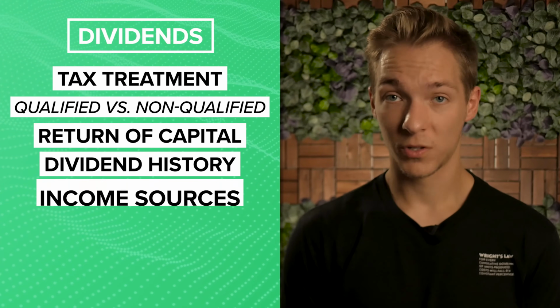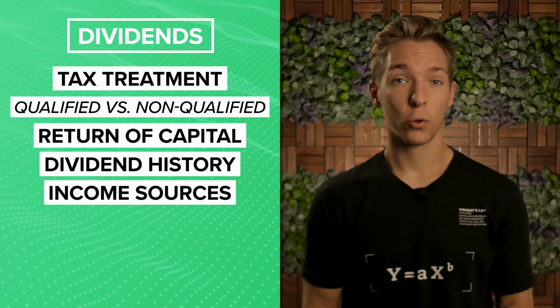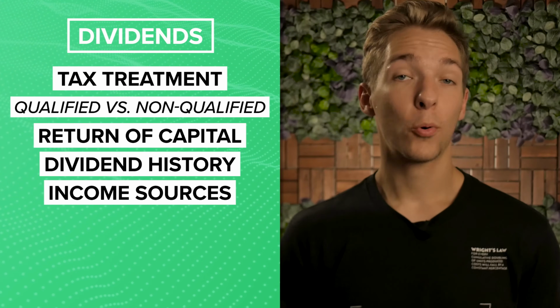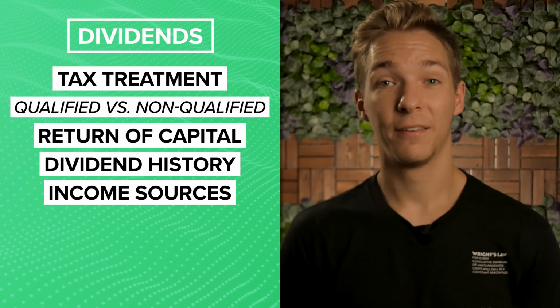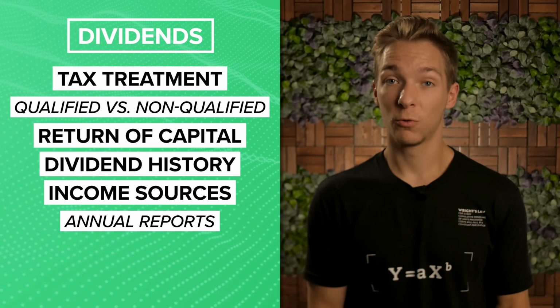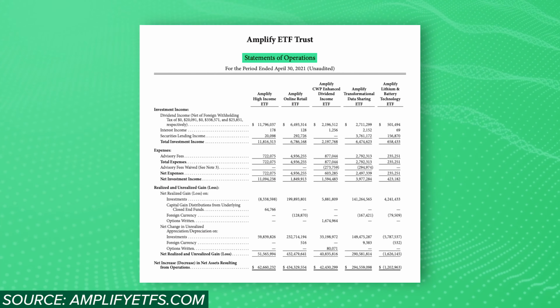look at their income sources. For example, strategies that combine dividend stocks and covered calls will earn income from both sources and pass a mix of those returns to you. It's important to figure out the makeup of your dividend so you can understand how market trends might impact that dividend income. This is one of the tougher things to find, as you'll have to dig into the fund's annual reports. Once you're there, you'll have to find the statements of operations, which will break down the fund's sources of